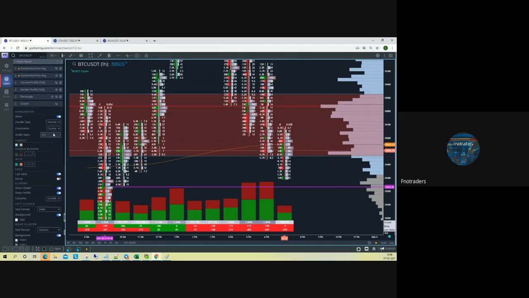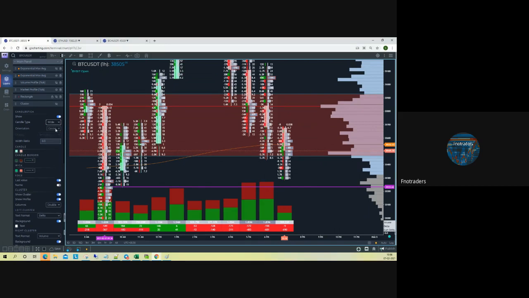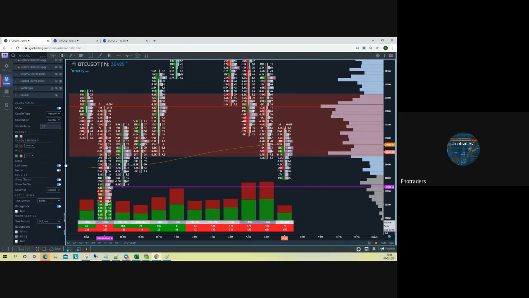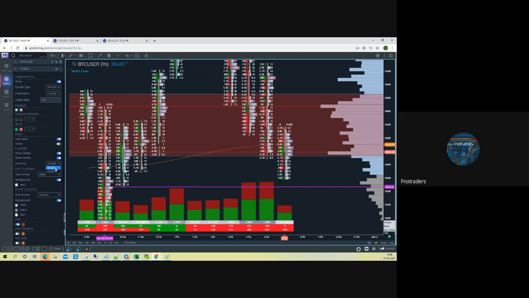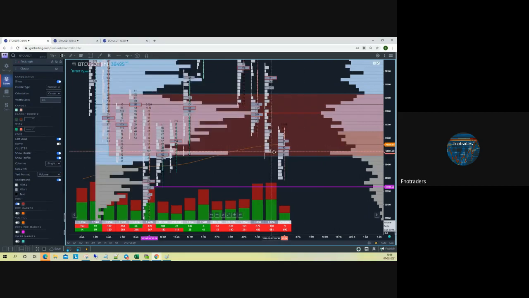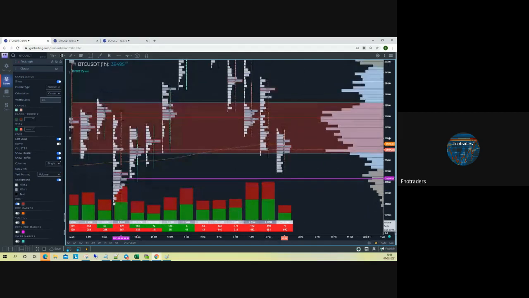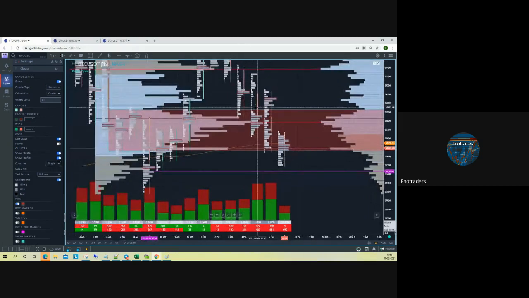If you see, you could plot a wider candle in terms of understanding what the candle body is looking like, things like that. Toggle with the candle size and ratio, and then you can also have it as a single pane or a double pane. If you just want to see volume profile charts within a cluster, you can do that. That helps you understand what the profiles of a specific chart itself are. You could configure any of these.